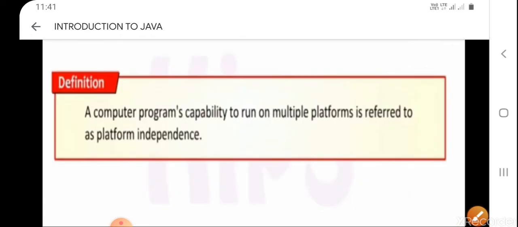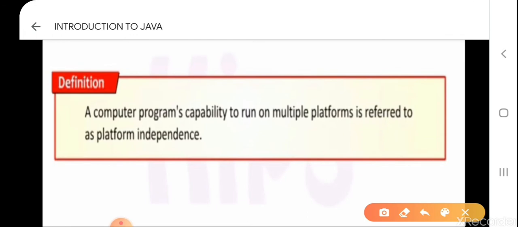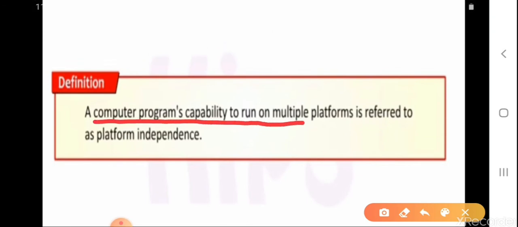Such software is said to be platform dependent, but Java applications are platform independent. A computer program's capability to run on multiple platforms is referred to as platform independence. Java is a platform independent language because it creates software which is platform independent.